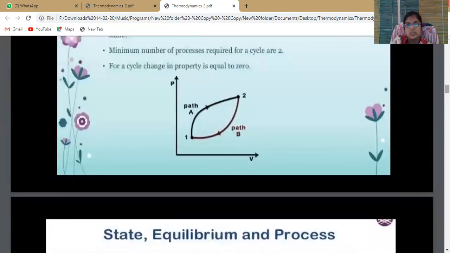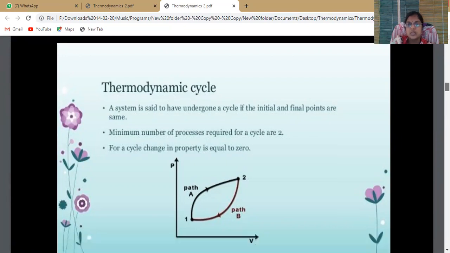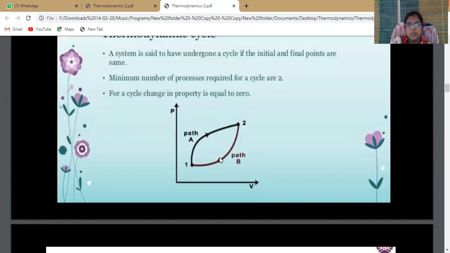Here we can show the points only, point 1 and point 2. We do not show how much amount of work and how much amount of heat. So how do we consider heat and work? Depending upon the areas under the curve, 1 to 2, 2 to 3 process. Here, under the curve, we can show how much amount of work and how much amount of heat. But if we take process 1 to 2 and another process 2 to 1, then this area and